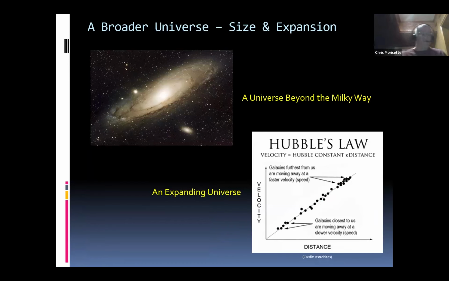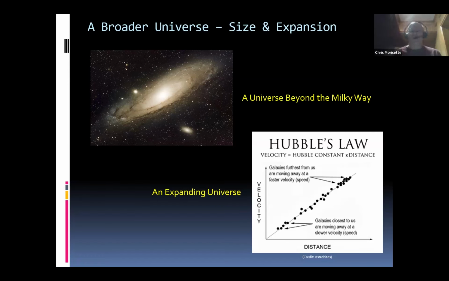His work with Cepheid variables really showed that there was a universe beyond the Milky Way. Everybody had originally thought that Andromeda was a nearby nebula, and with Hubble's work, he was able to show that this galaxy is really its own island universe, separate from the Milky Way, and it really led to a much broader understanding of the universe than what people had thought about up to that point in time.